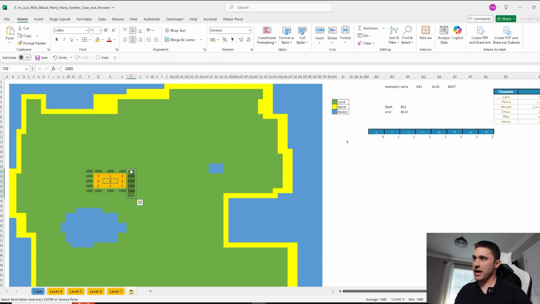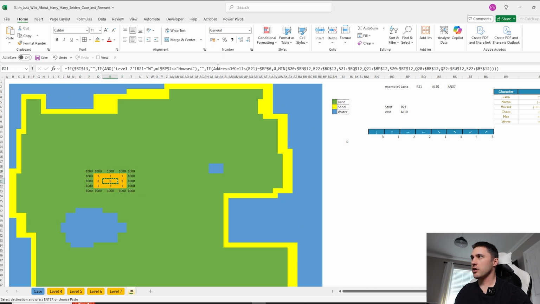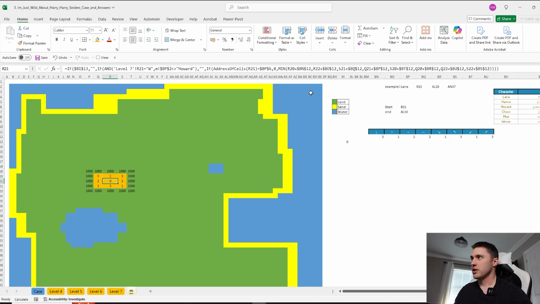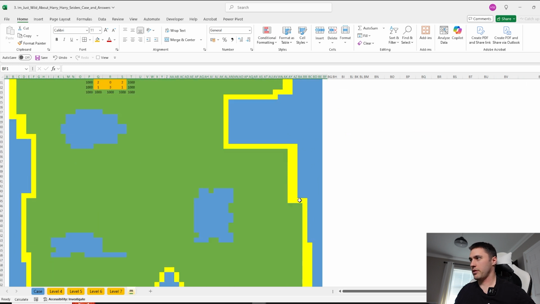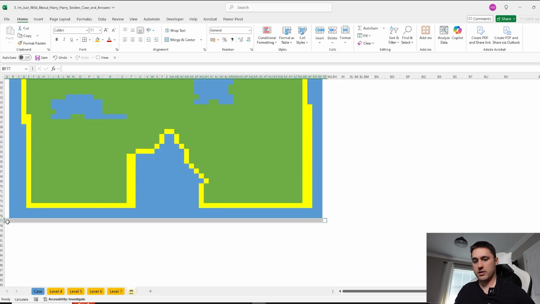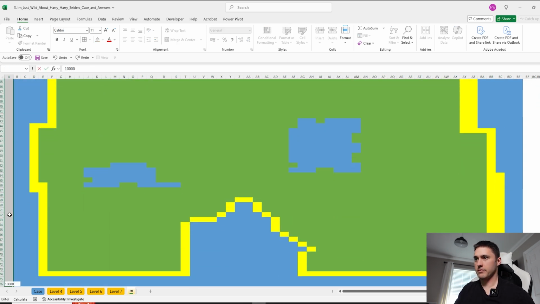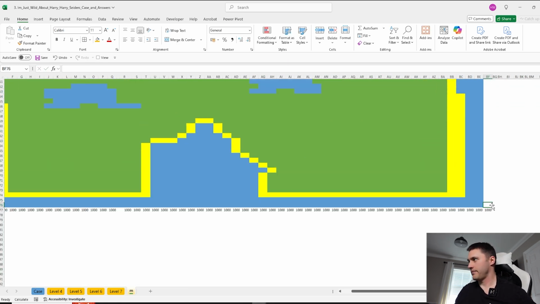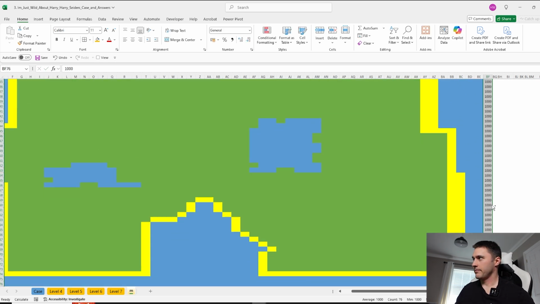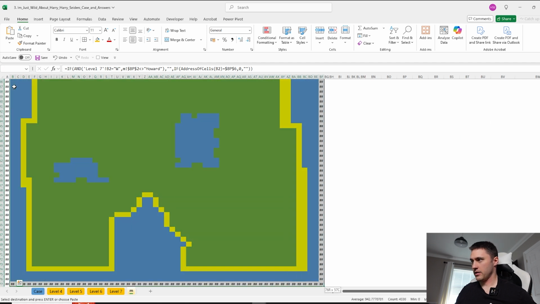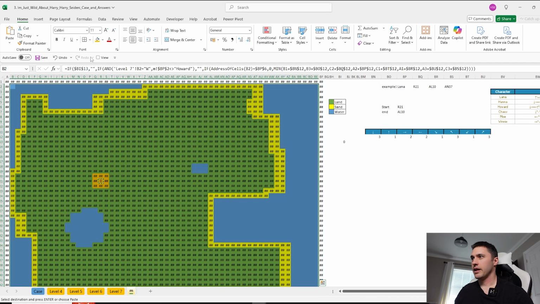However, I need to have these bounds in that are higher than any number, because otherwise this part of my formula will take the minimum of the cell outside the map as 0, and it will just take this value instead. So let's quickly wrap the borders of the map in 1000. And here. And then let's copy this formula across the whole map, and we should have all of our distance calculations,